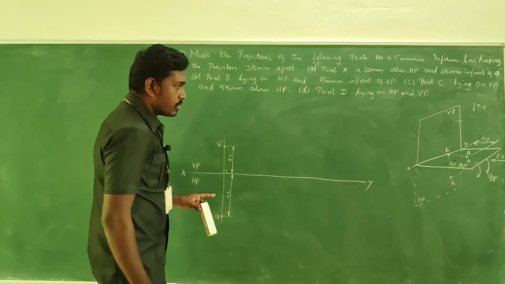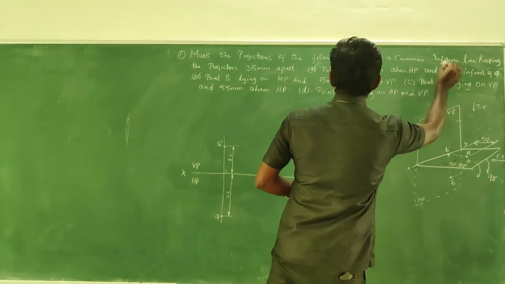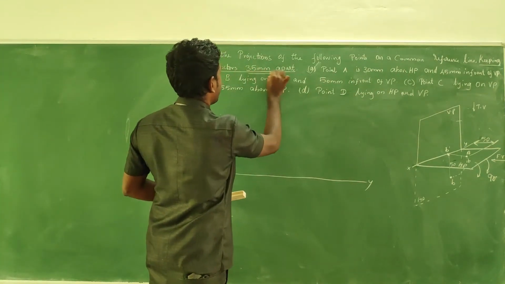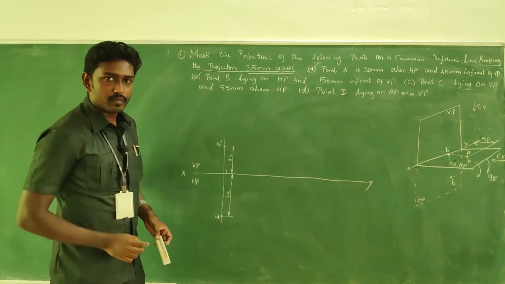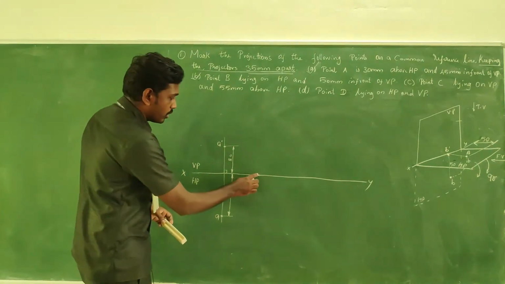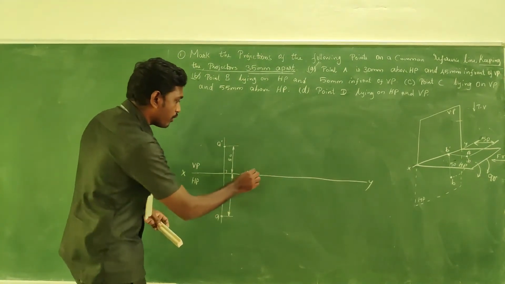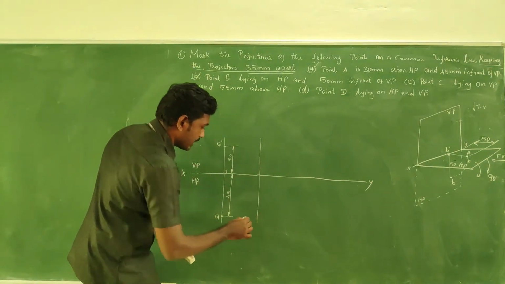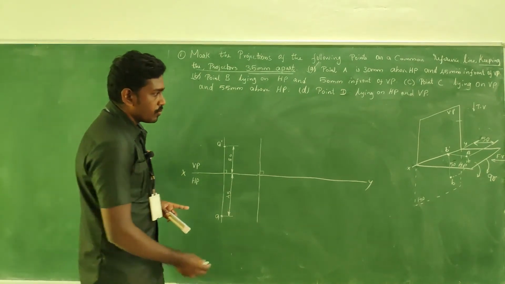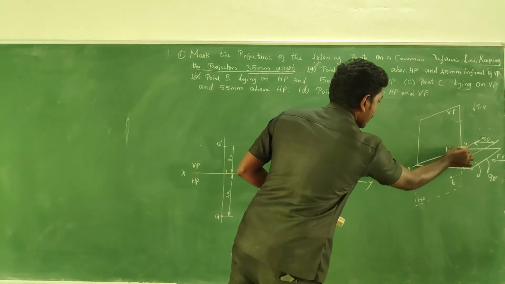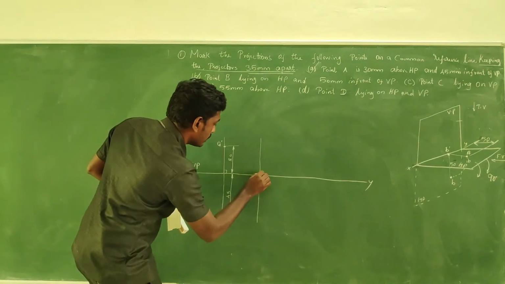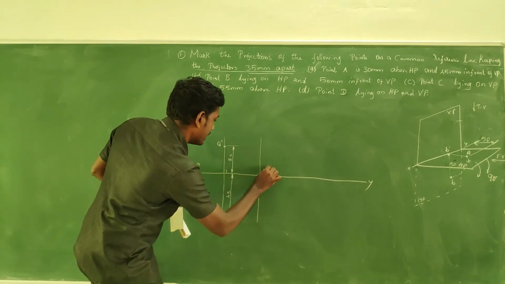Fine. So here it is mentioned: common reference line, keeping the projectors, this is the important one, 35 mm apart. So this is the first projector. From this, just measure 35 mm. No need to mark a point. Just make a marking and draw a projector line, something like this, which should be at 90 degrees to your XY line. And now it is on the reference line XY, B dash, right? So on the XY line you take the point which is your B dash.